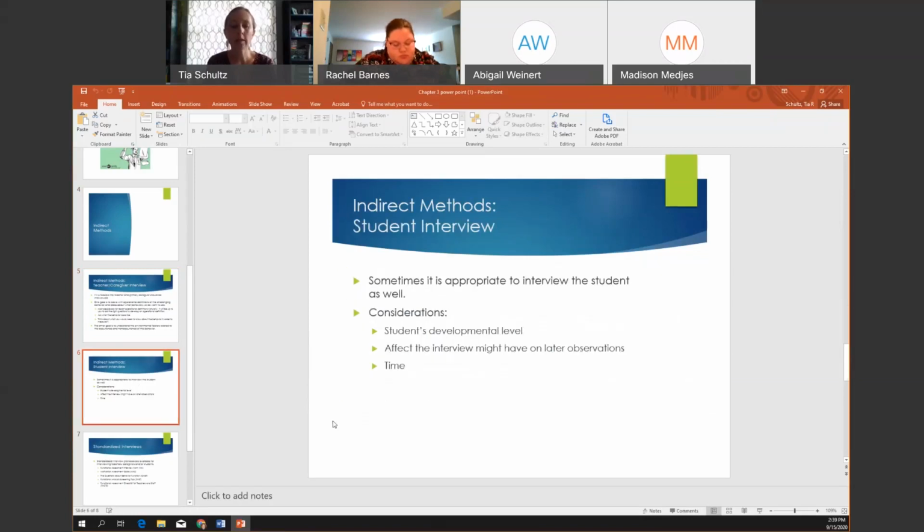The book also talks about a student interview, and this is my take on student interviews. I think that interviewing the student can be very helpful, but should not happen during the FBA process. It should happen after you've collected your FBA data. So some problems that can occur when you interview the student during the process,